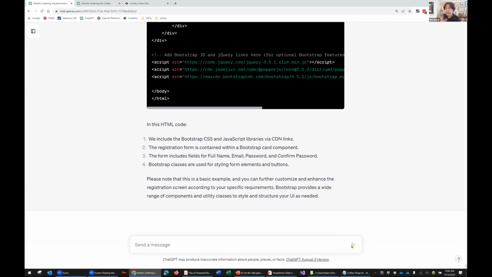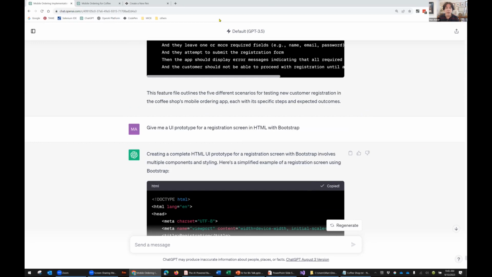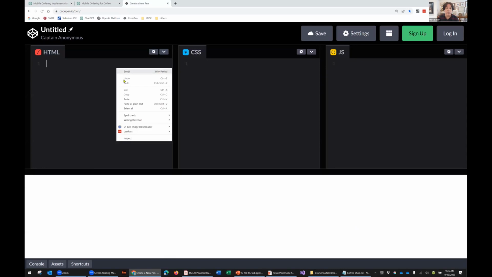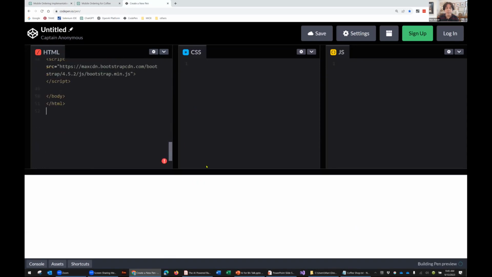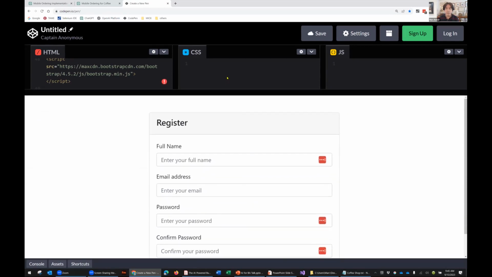Well, now again, some people probably have got a product out there that does this, and there are some that you're starting to see out there on the marketplace where people are saying, hey, you just give me a description of the problem and I'll write your whole UI for you. Yes and no. But even with this particular example, I can take this code and go over to something called CodePen, paste it into CodePen, and there we go. There's a page.